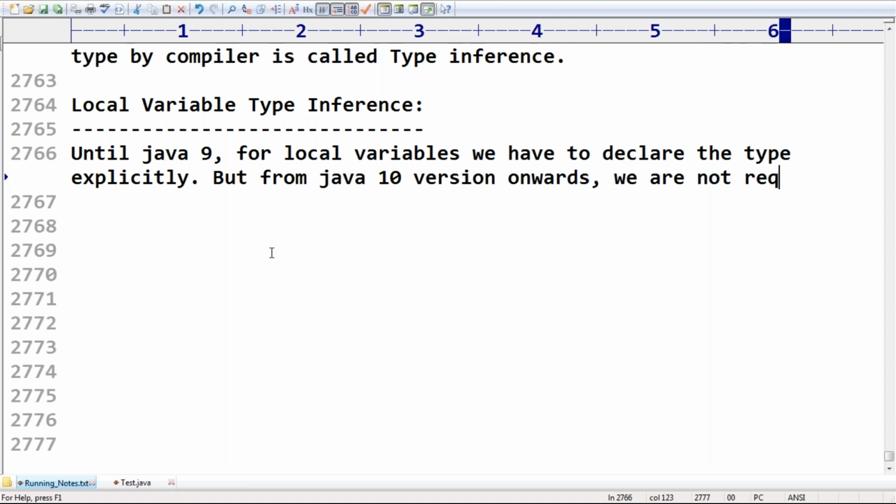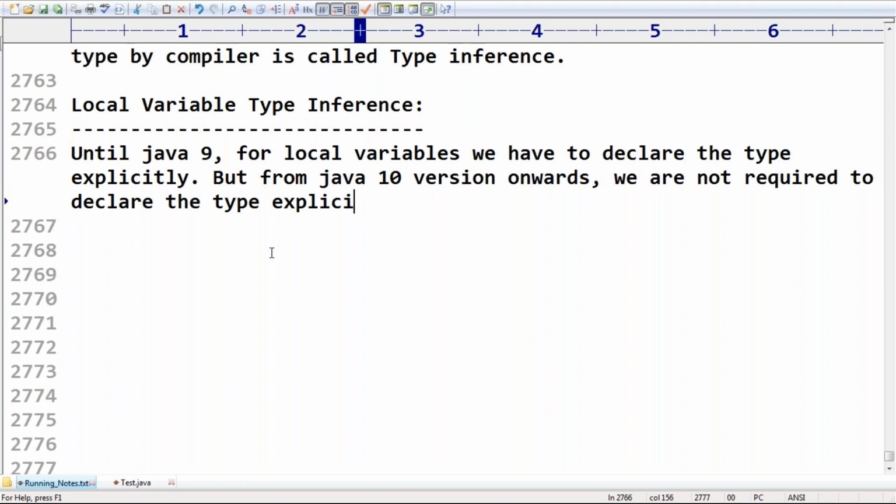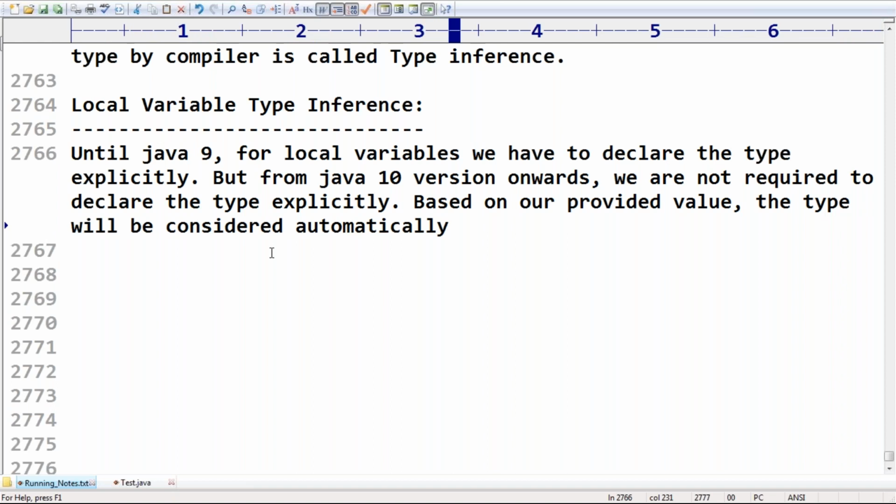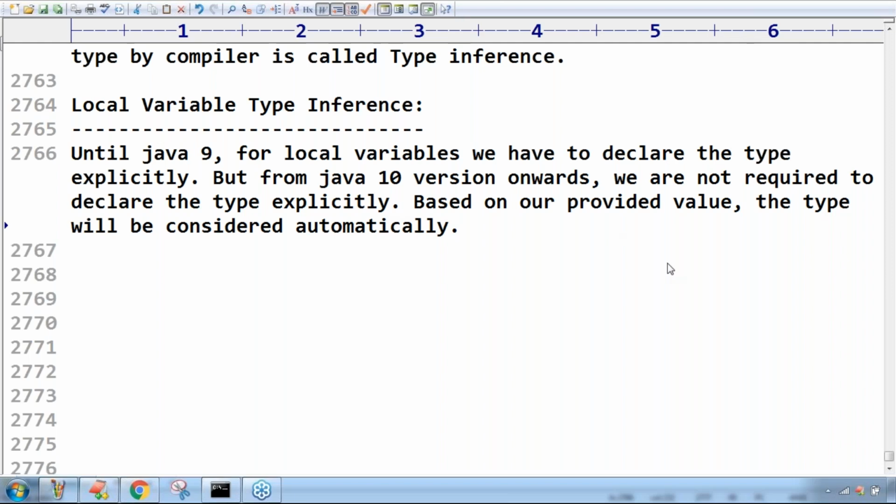Based on our provided value, the type will be considered automatically.